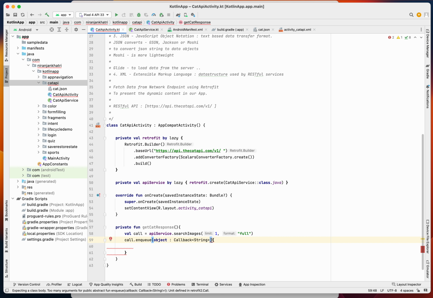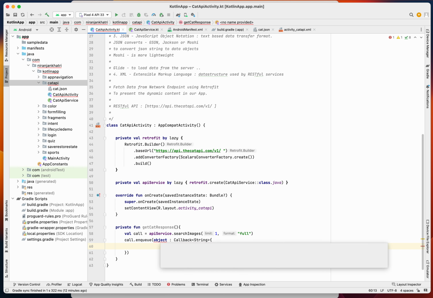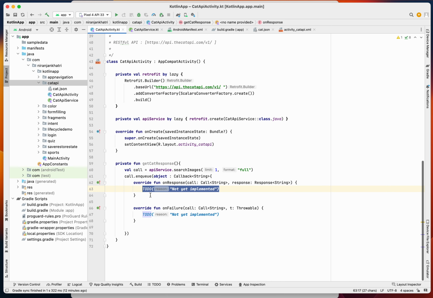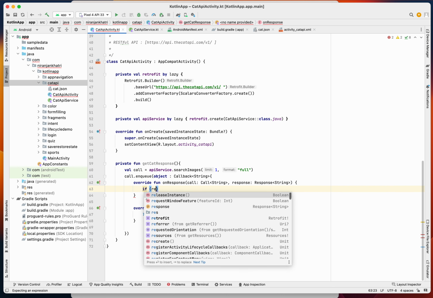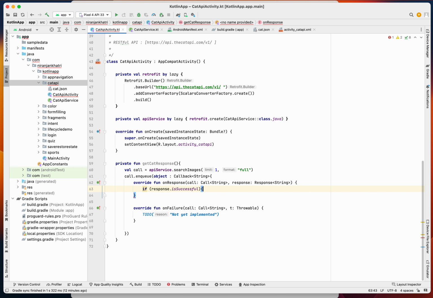Okay, let me recheck it. Actually we have to override these two methods. Oh, sorry guys. Okay, let me implement the members on response and on failure, right? So we have to implement this response and failure. So on response, if response is successful, then